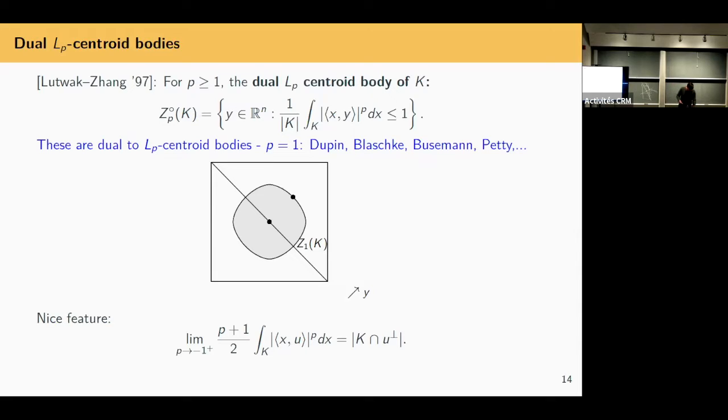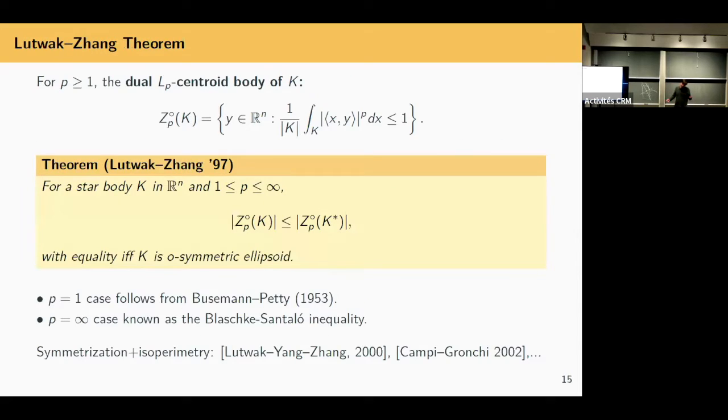Okay, so they introduced this family and proved an isoperimetric theorem, again, that has some GLn invariance. Okay, I have the notion of duality here. I'm not allowed to shift, but I can take invertible linear transformations. This will be invariant. And it says if you want to maximize the volume of the dual LP centroid body, you cannot do any better than taking a ball of the same volume. Okay, so the equality case are origin symmetric ellipsoids. The P = 1 case has to do with centroid bodies.